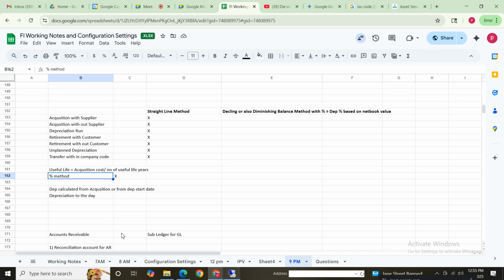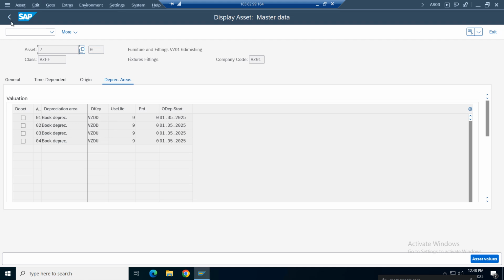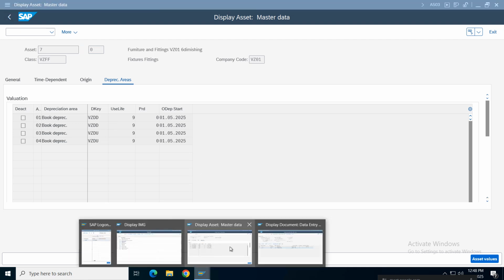So in most of the clients will implement either straight line method or diminishing balance method. Someone will use percentage method or useful life method. Instead of saying this method, you can say options, useful life option or a percentage option. There is a word, right? Where we had seen that word in the multi-level method,